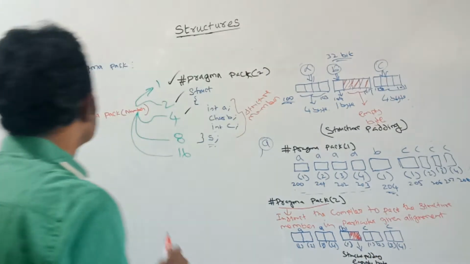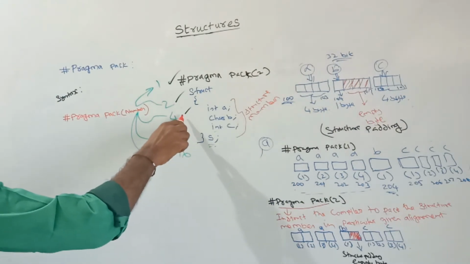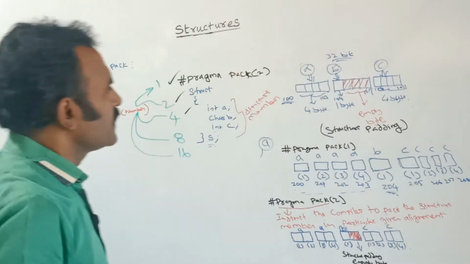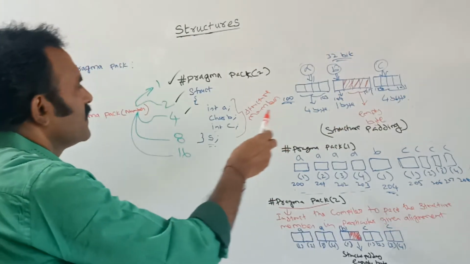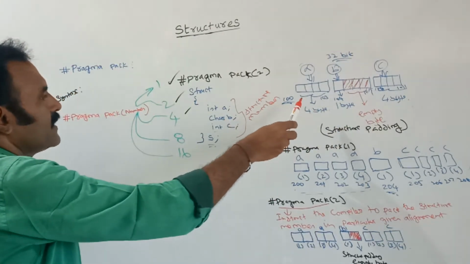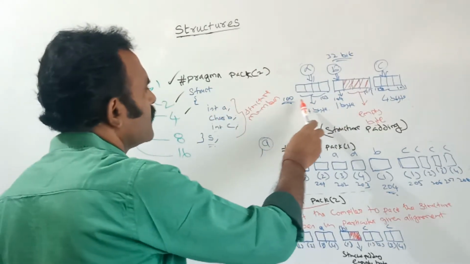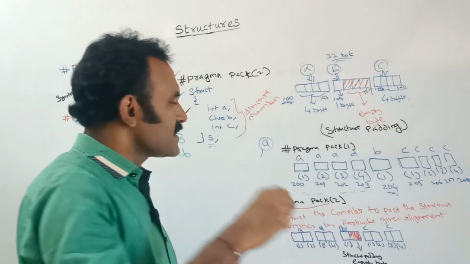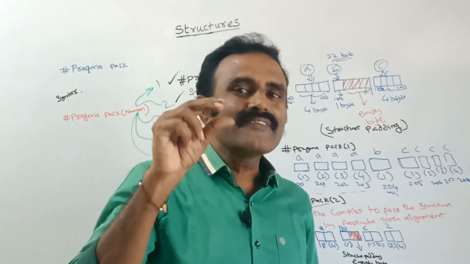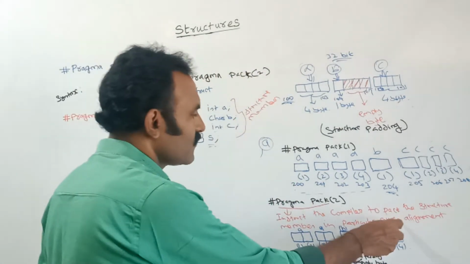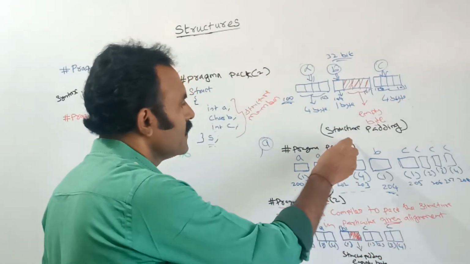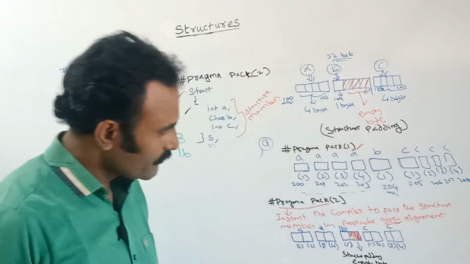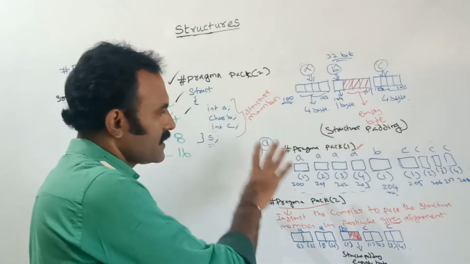See, next, in the same way here 4 bytes. For a 32-bit system, by default it is 4 bytes only. Every time when aligning the structure member, it will align 4 bytes. It will tell the compiler to pack the structure member in the particular given alignment. See, this given one is here 2 bytes, here 1 byte. So depending upon this it will align it.